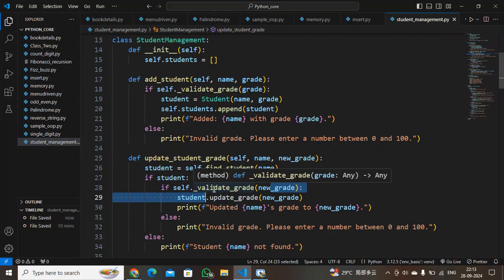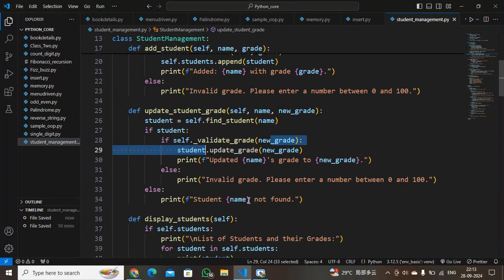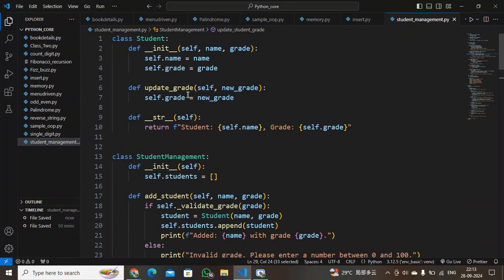I'm calling the validate grade method again and checking whether the grade is valid or not, that is between 0 to 100 or not. If it is, then it will call the update grade function. So now let me see where this update grade function is. See, here is the update grade function.